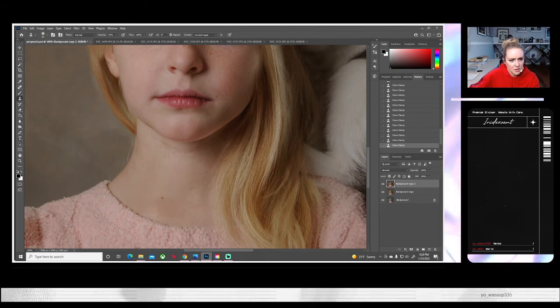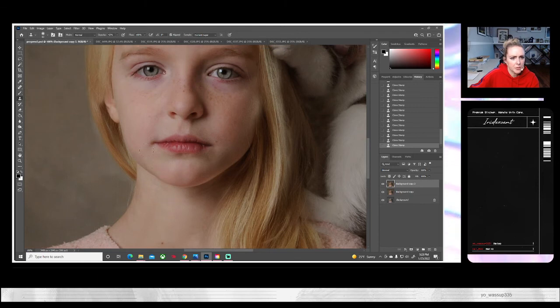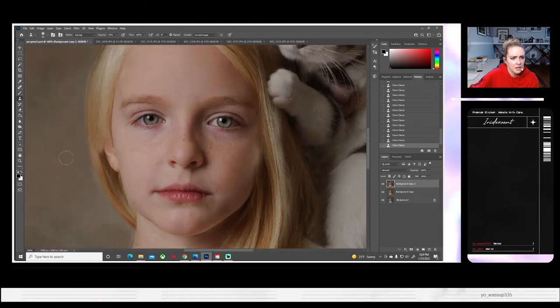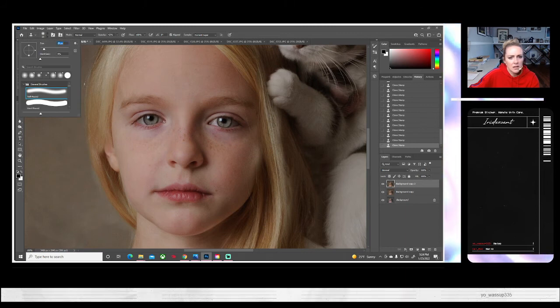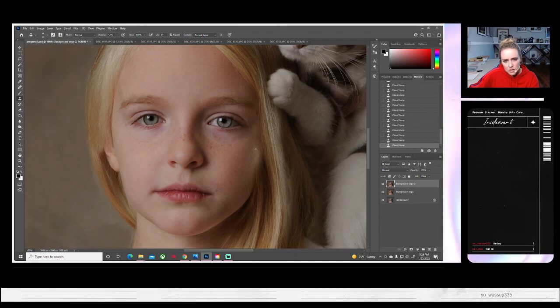Okay, so I just want to clean up those little eczema marks on there for her. And I've got a little bit of noise created in there. That's okay. We can address that. And there's another little stray hair. You can also, if you don't want to clone, you can also get the